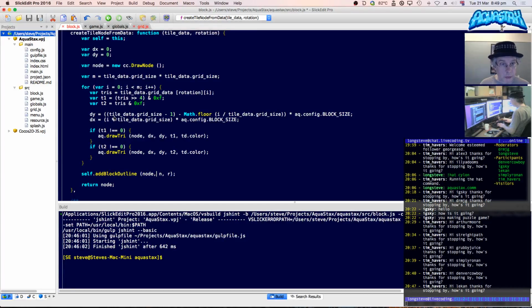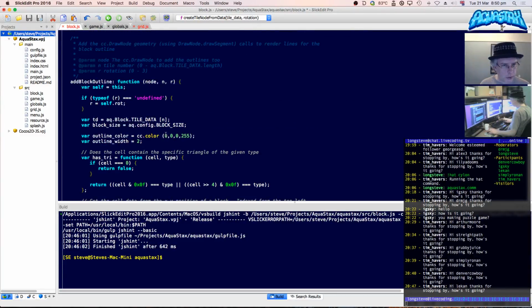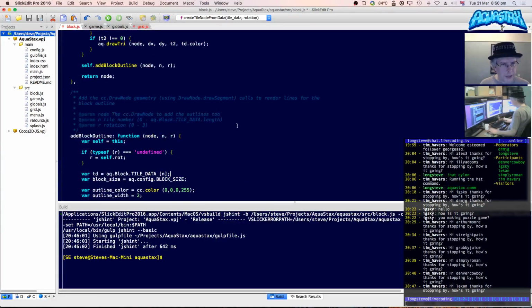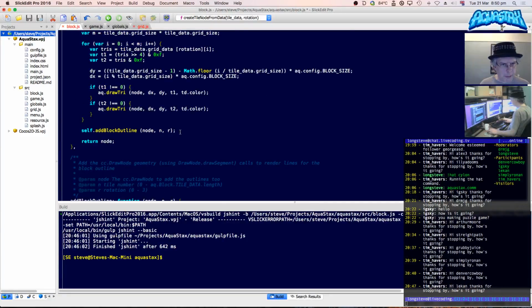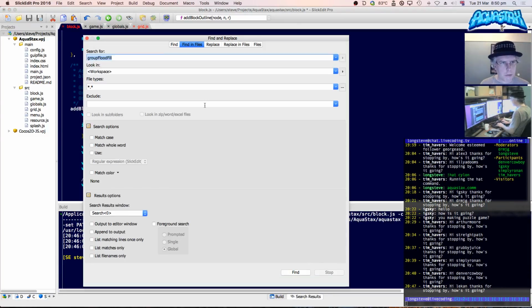Self.add block outline node. What's that doing? So we're passing more numbers and rotations again down into here. So I want to refactor this one again to be data and rotation probably. So add block outline. Let's see, because all it really does is pull tile data. So add block outline. In fact, add block outline is probably only called